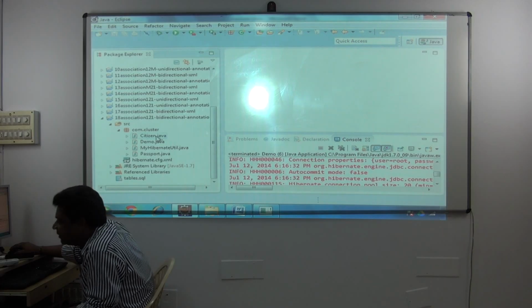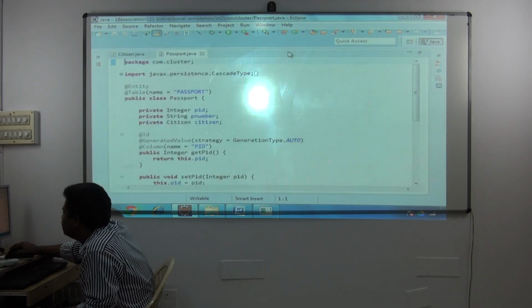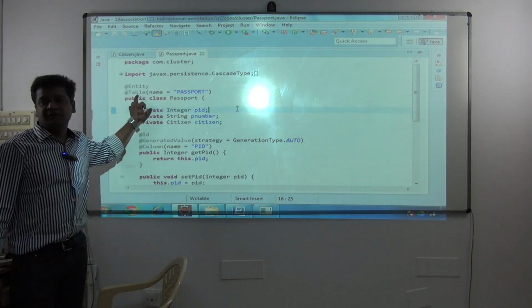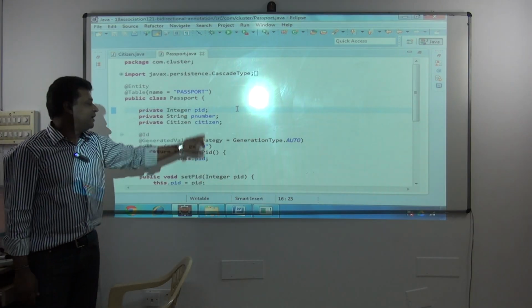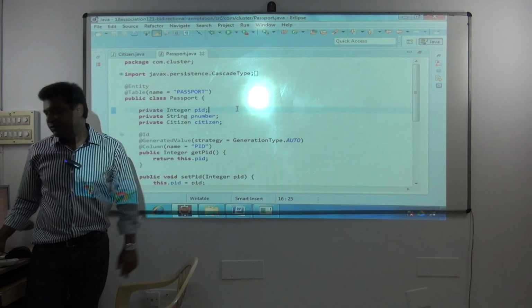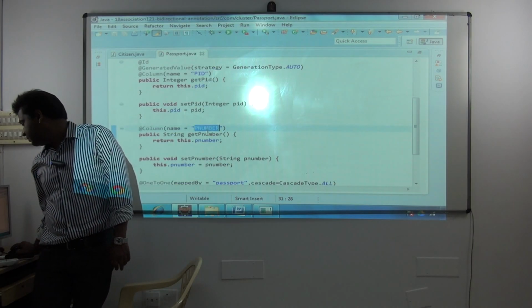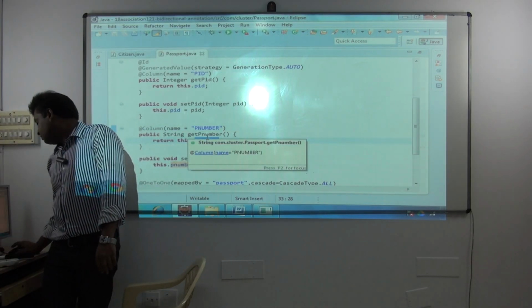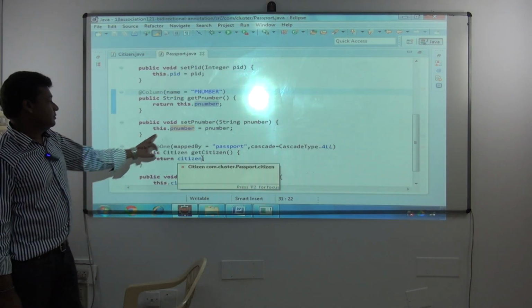So we will not have the mapping file here. First I'll open the citizen entity. Then I'll open the passport entity. So let's see these two entities. Passport. Very simple. You know these annotations, entity and table now. So only we have to see how citizen is mapped now. PID will be mapped with the PID column, that you know. And the P number will be mapped with the P number column. That's okay, with the help of the Column annotation. But this is very important now. We are using this to map citizen with